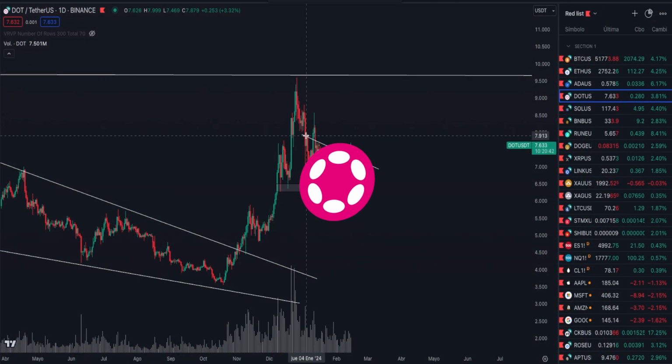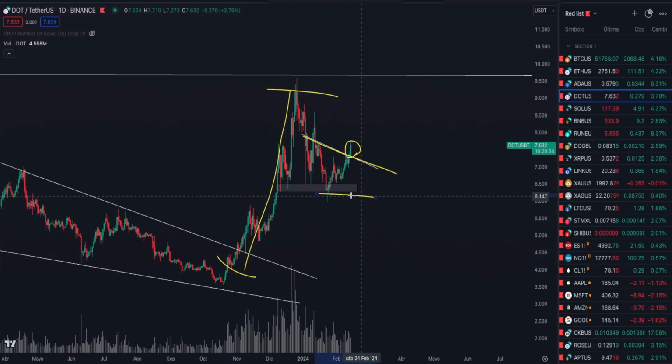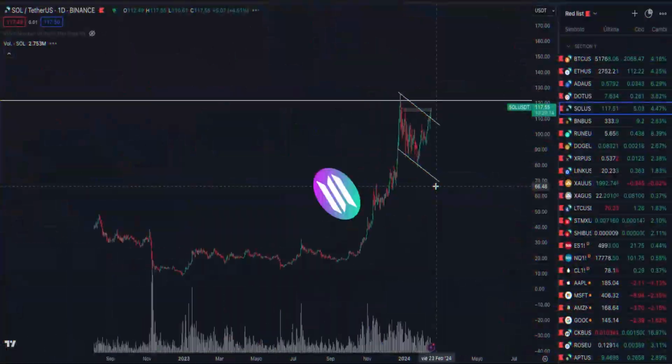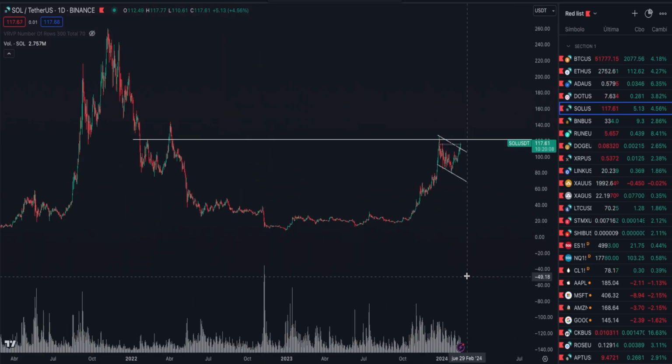Similarly, we can say that Polkadot has just broken through its relevant level, yesterday and today, and this could give it wings, why not, to seek an impulsive move. Because as you've seen with Bitcoin and Ethereum, if they want, they can go for those institutional targets that smart money has been working with for a long time. Solana, in terms of structure, frankly, I wouldn't touch it with a 10-foot pole no matter how much it might skyrocket tomorrow. It's not very interesting.